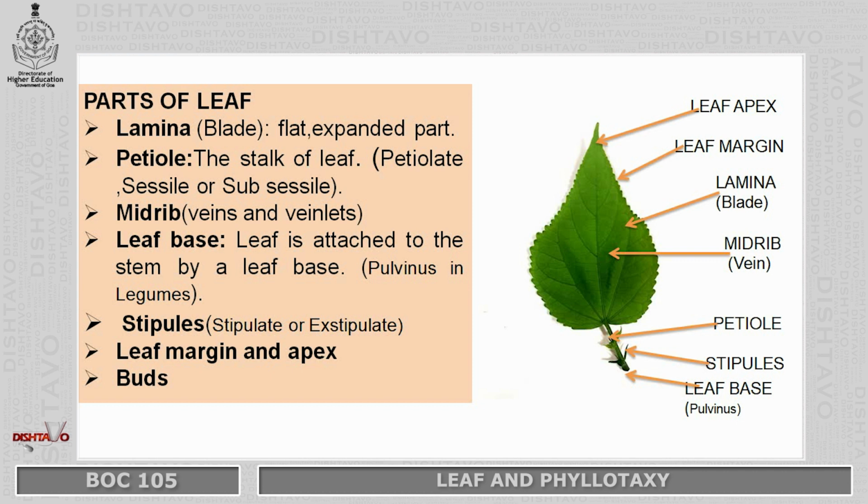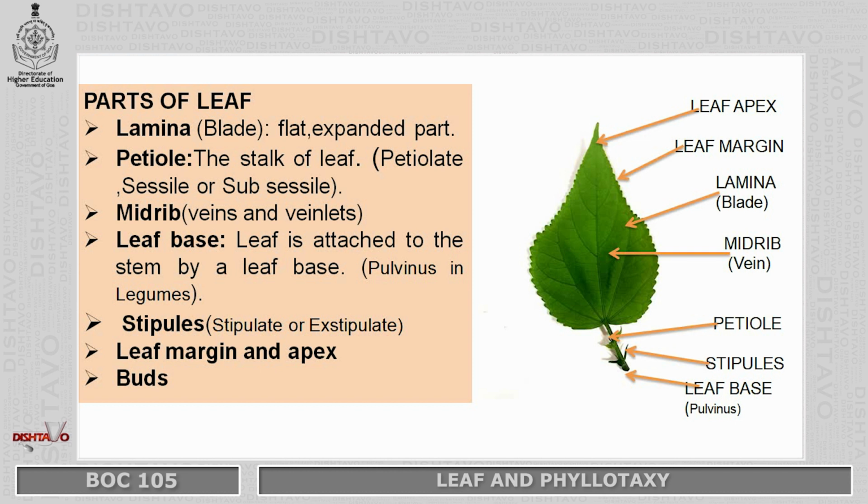As you can see in the diagram, we have labeled different parts of the leaves to characterize the leaf. First, we should see the lamina. Lamina is also called the leaf blade. It is a flattened structure. It is made up of an upper and lower surface which bear stomata. You can also see a network of veins and veinlets.